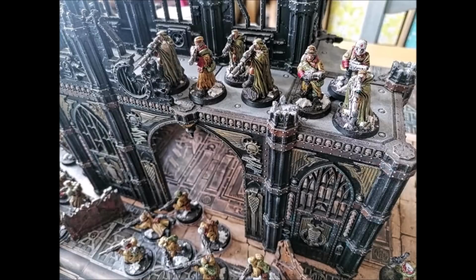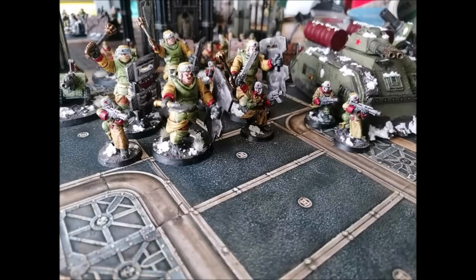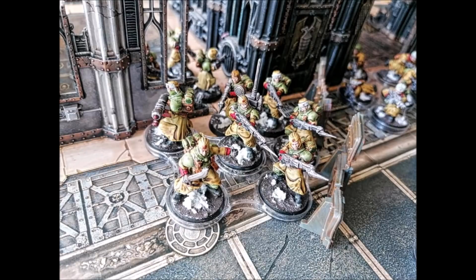And then you start extrapolating that. It's like, okay, so a lascannon has an equal chance of wounding an Imperial Knight as it does of wounding an orc. And that's when it starts feeling really weird. That's when it starts feeling not right. A lascannon has as much chance of wounding an Imperial Knight, a Titanic unit, a Baneblade, a super heavy, as it does an orc. An orc is just as likely to be wounded by a lascannon as a super heavy is. And that's just...